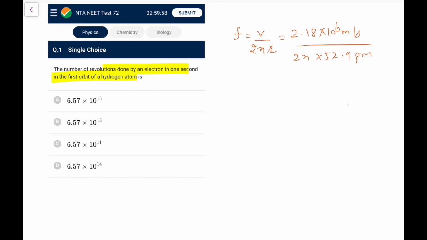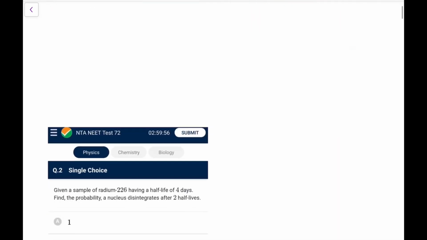So if you do this, this picometer is 10 to the power minus 12, so that comes out as 10 to the power 18 into 2.18, divided by 2 pi, which is, let's say, 6.28, into 52.9. That is what you are roughly getting. So if I do this, this is roughly 1 by 3 into 50, that is 1 by 150, so it would be 6 point something, in 10 to the power minus 3 and 10 to the power 18, so it would be 6.57 into 10 to the power 15. So this is going to be option number A here. Next,